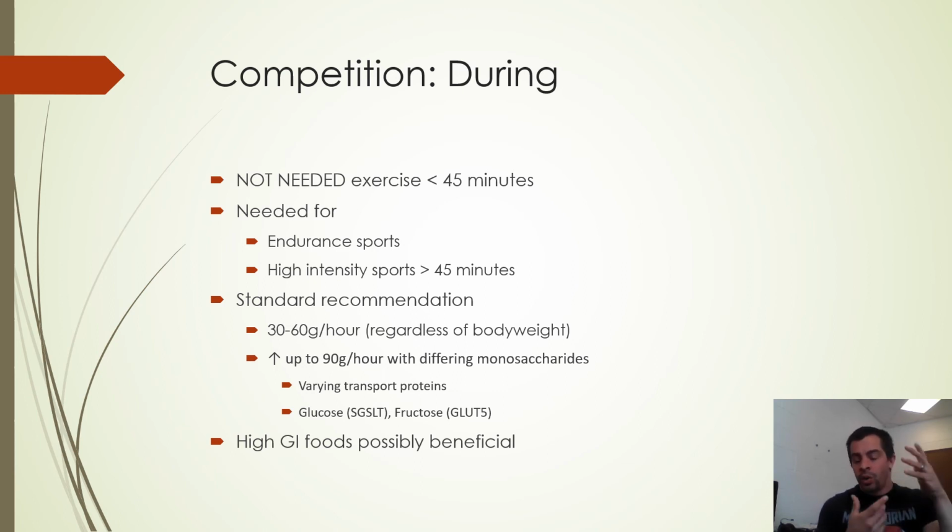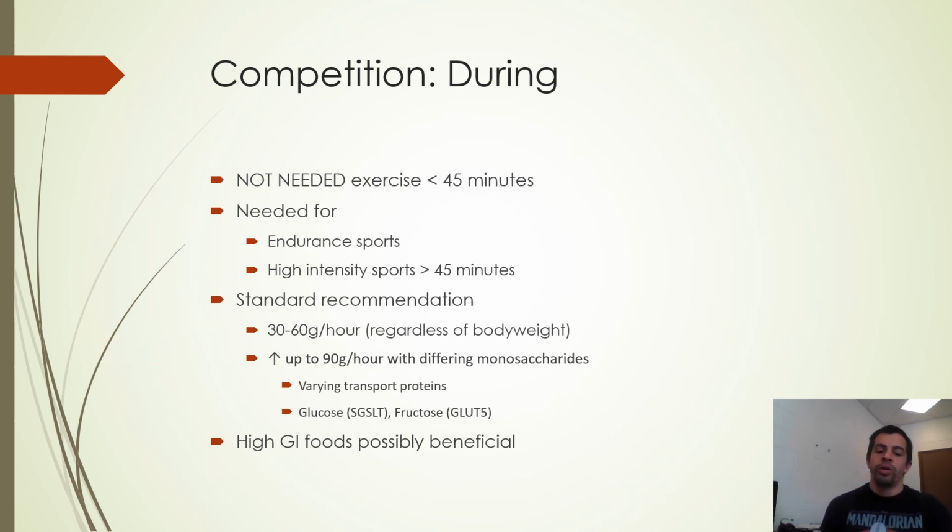A gel, if you're not an endurance athlete, is a quick packet of about 100 calories of carbohydrates, and you just ingest it. It takes away from your speed, and it takes time to open up the packet and chug it down. So I told her, listen, if you're going for 40 minutes, you simply do not need it. It does not affect your performance. Or if you're running a 5K in a race, you do not need it. Most people could finish a 5K in under 45 minutes. She would run a 5K in about 24, 25 minutes. But 10 minutes into a race, you don't need a goo packet, is what they're called.